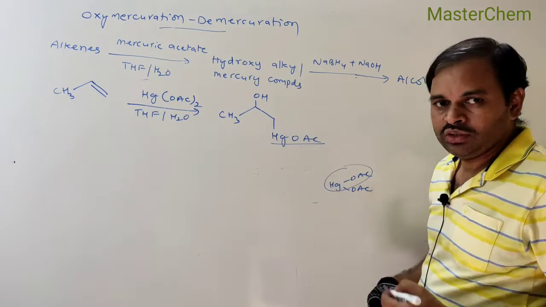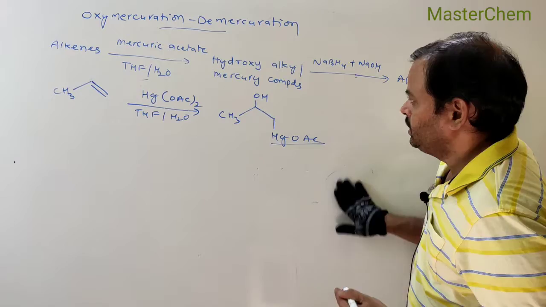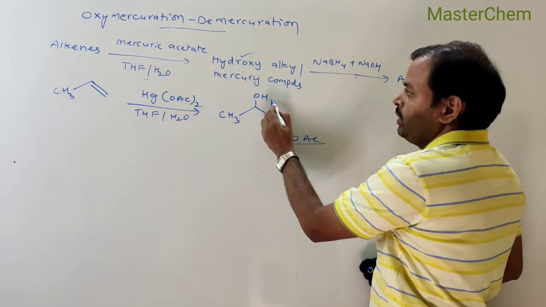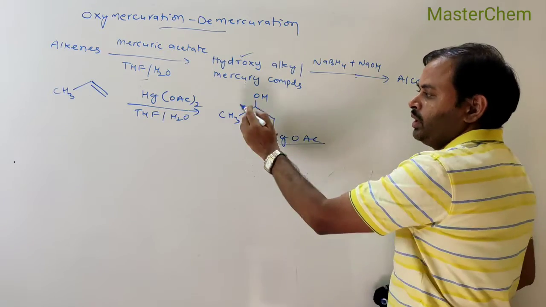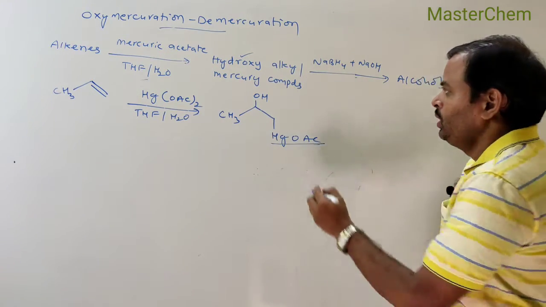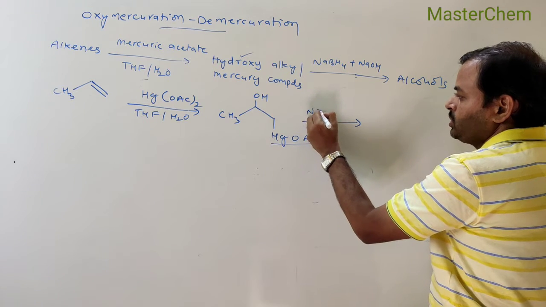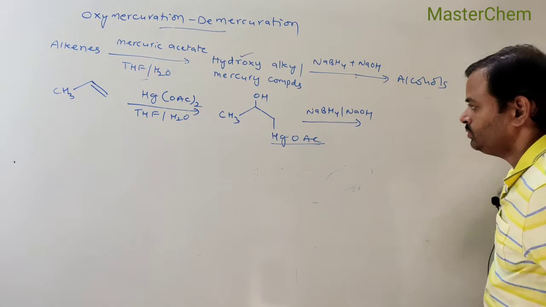How it is attached, we will discuss in the mechanism. So, how to remember this? Hydroxyalkyl mercury compound. This, on reduction with NaBH4 with NaOH,